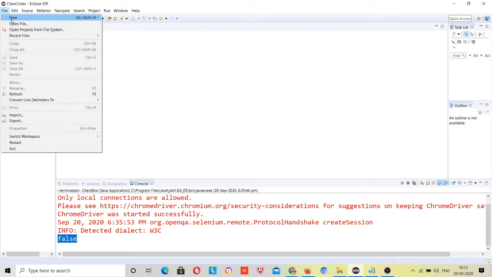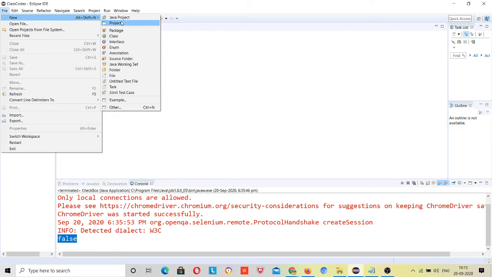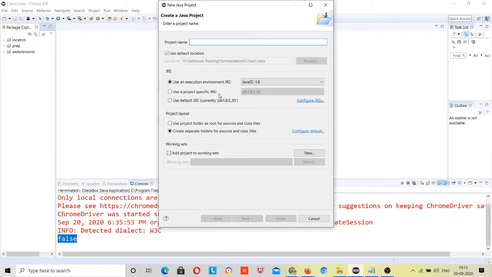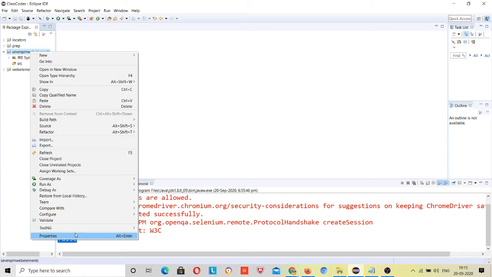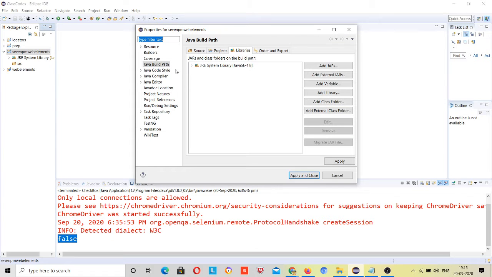So let me create a project here. As I said, if you are making any project, first for doing anything you need to import libraries, right? Properties, and go and import libraries.